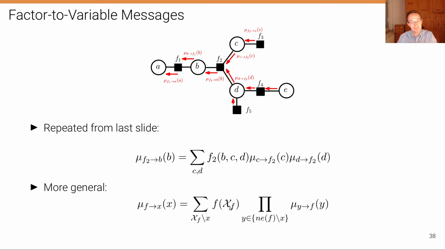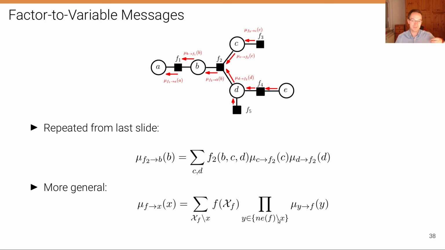And the summation is over the factor itself and the product of all the incoming messages. So you can see here that these are all the messages that are sent to that factor that we are considering sending a message from. So we want to send a message from here to here. So we're considering all the messages that are sent to that factor except the message that could be sent by the variable B. So here we have excluded the variable that we're sending to from the set of variables that